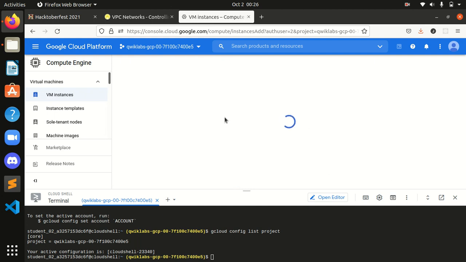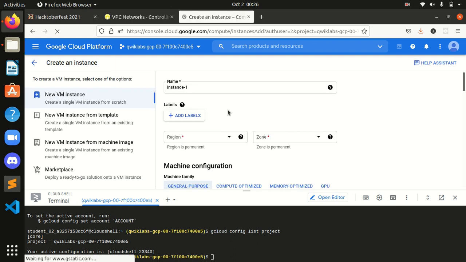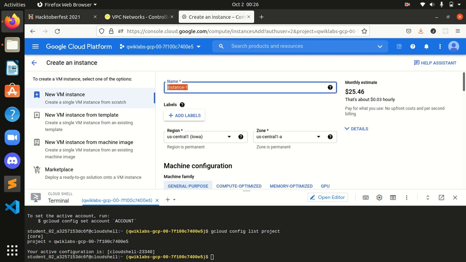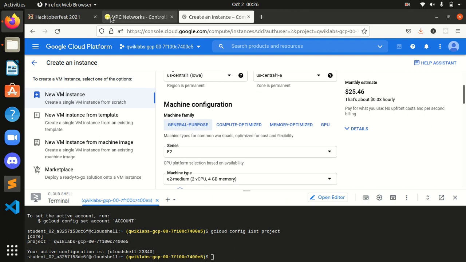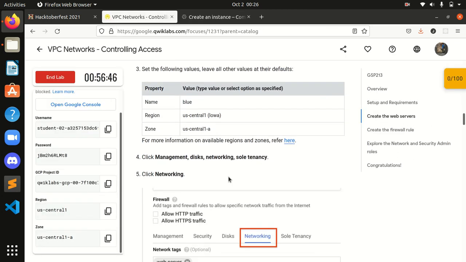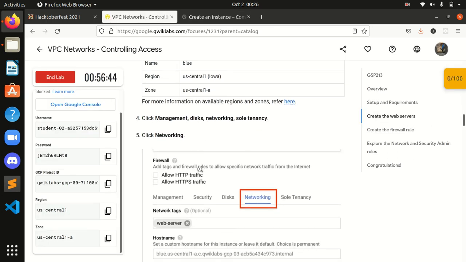Okay guys, I have clicked on it. Okay, I will name this instance blue, guys, and the region is already set. For more, click Management, Disks, Networking, Sole Tenancy.